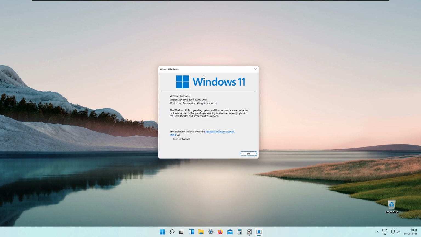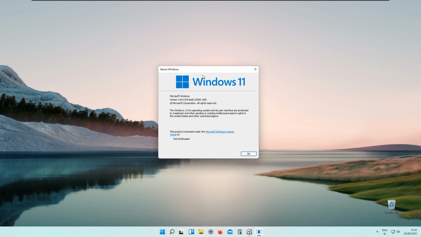Actually, Microsoft decided to separate these two builds, the developer channel and the beta channel of Windows 11. So if you want to be on more stable builds of Windows 11, you should be in the beta channel, and if you want to have the brand new features first, you will have to be in the developer channel of Windows 11. Microsoft also decided to release brand new ISOs of Windows 11.